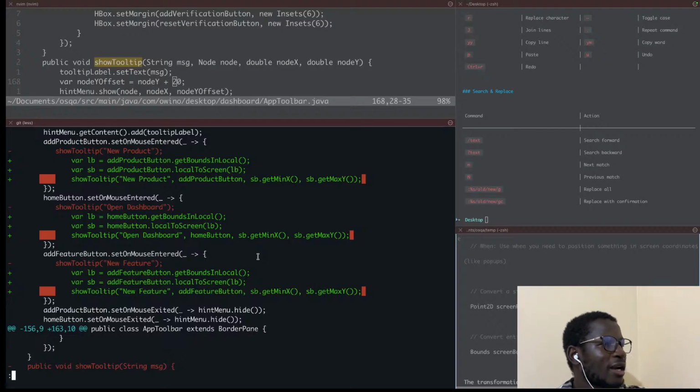Since we are calculating those values when the mouse enters the area around or inside the icon, I cannot extract that calculation to some other function. So I think it's okay if it looks a bit repetitive, that I'm constantly initializing LB and getting bounds local. I think it's still okay. I could have a function that passes in a node and then calculates SB,